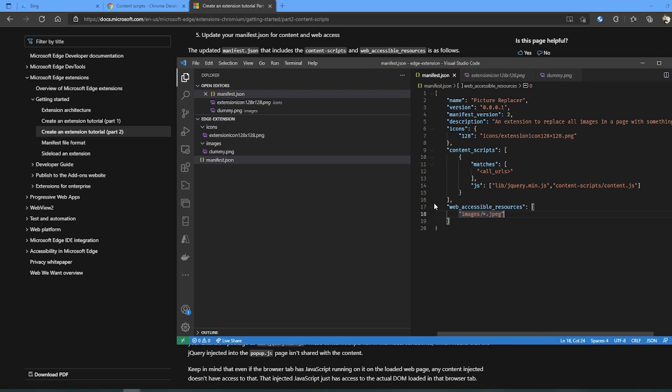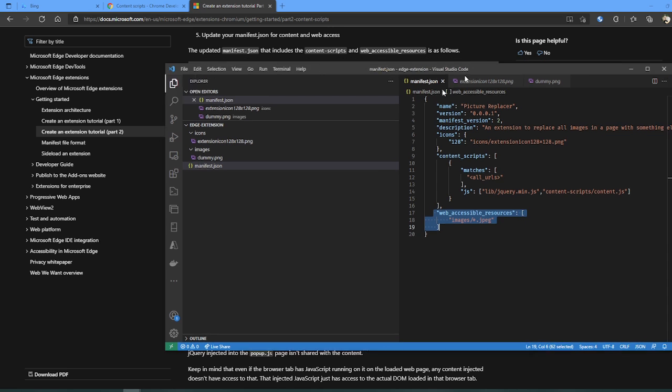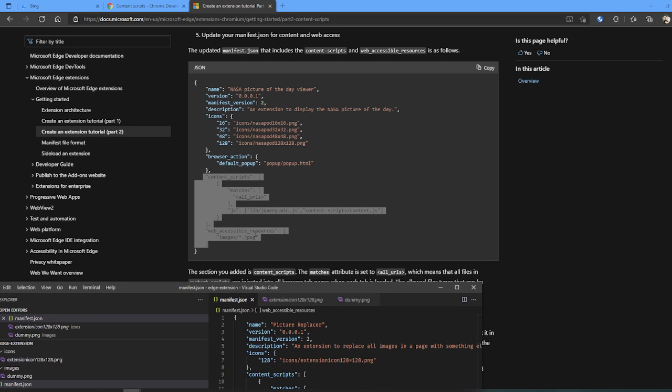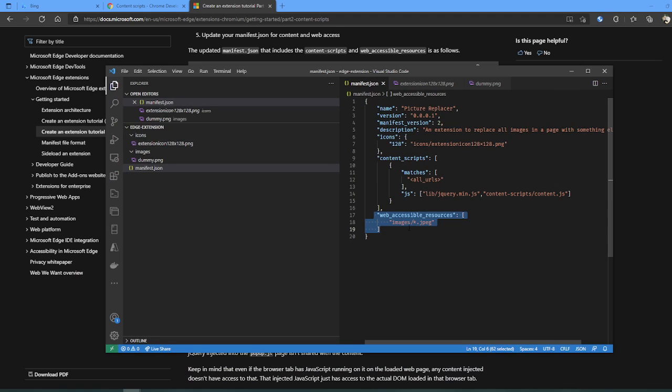So the first thing we need to do, I guess, based on what we see in the tutorial is, in order to access that, we're gonna have to tell the manifest that, hey, this thing needs to be available. Oh, that should be a PNG. And then all URLs, that should be fine. And then our two,